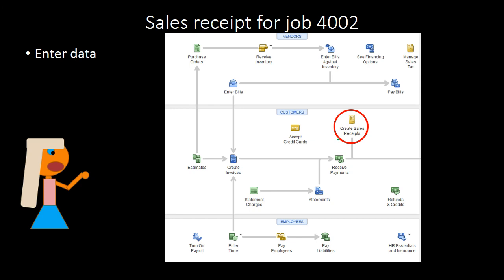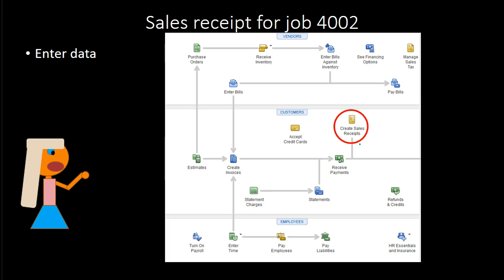So this sales receipt means that we're bypassing the create invoice, which would put it into accounts receivable and record the sale, with the receipt payment happening later. In this case, it's happening at the same point in time. So we have a service item. We're going to do service on a guitar, and we're going to get paid at the same point in time that the service is done, recording the sales receipt, which will increase the amount of revenue, and it will increase the amount of receipts that we get in terms of cash